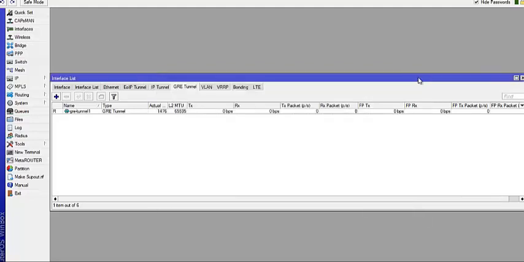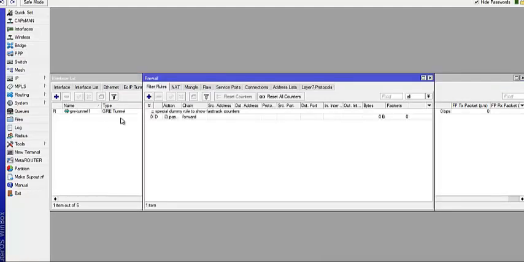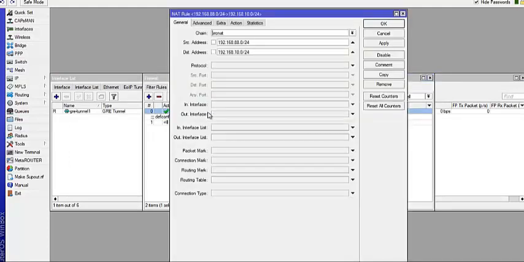Now, if both routers are connected to the internet and you have NAT enabled, we would like to exempt that communication from NAT. So go to IP Firewall, then under the NAT rules, you simply add this. You say from this local area network where we are, which is 88.0, going to this destination, which is the other LAN connected to the remote router.